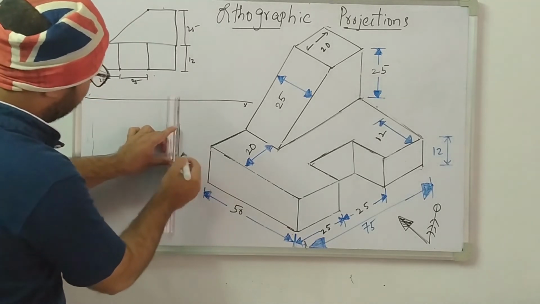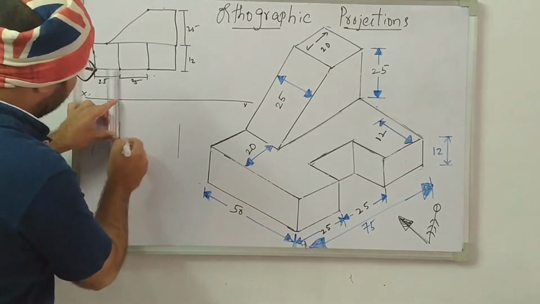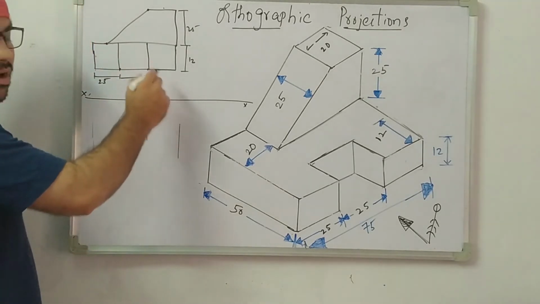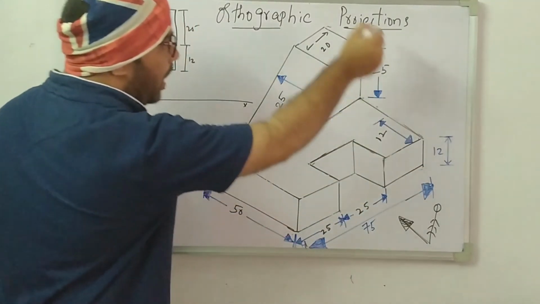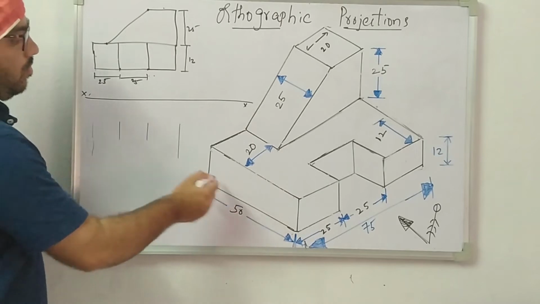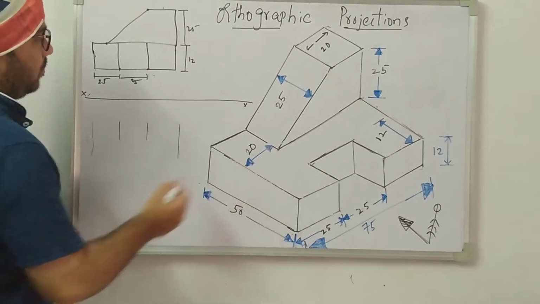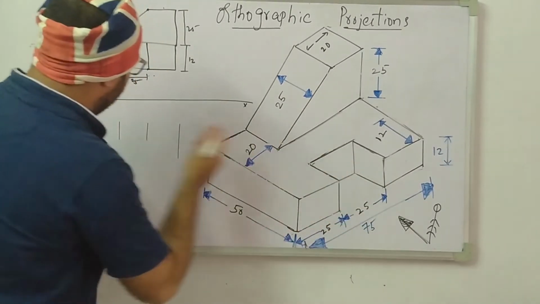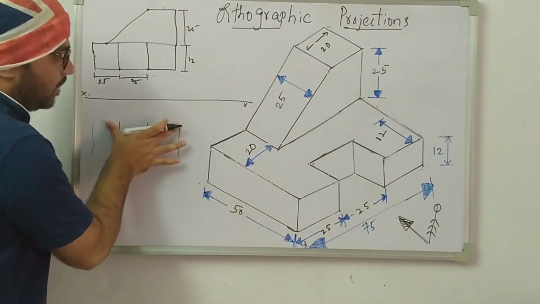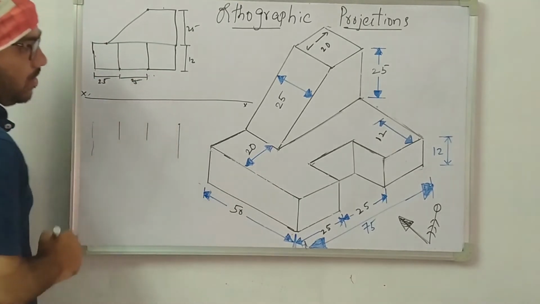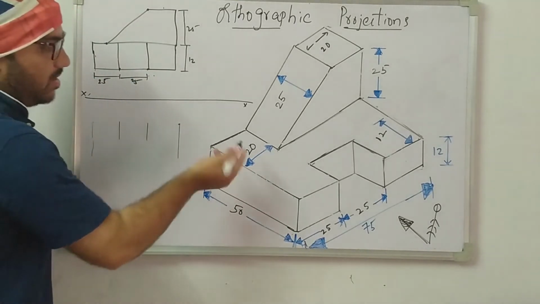These are the projection lines, very, very lightly. Okay, I drew the projection lines. In the front view, I calculated the length and height. In the top view, I am going to construct the width and length. The length is already mentioned. This total length is how much? 75. In the top view also the length is calculated. From here to here 75. So now the 75 is obtained.